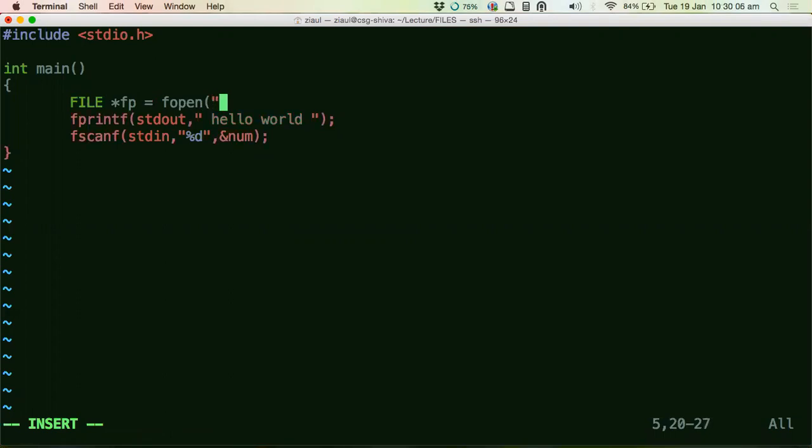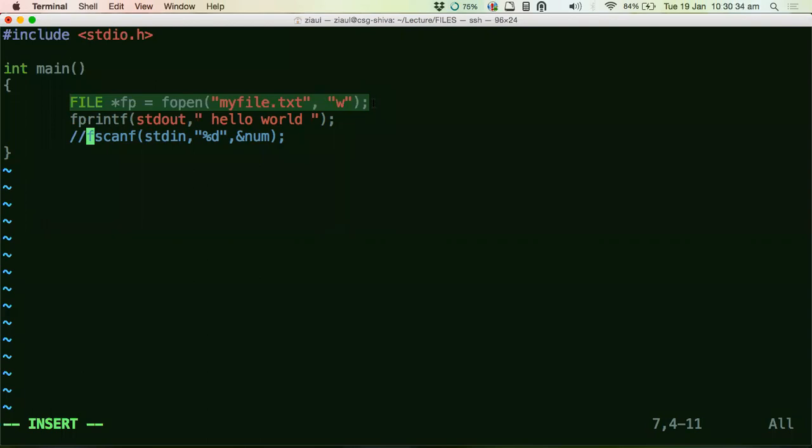Just see whatever I'm typing. So let's name the file. Okay. So this line here, what does it do? This line creates a file in my hard disk called myfile.txt.